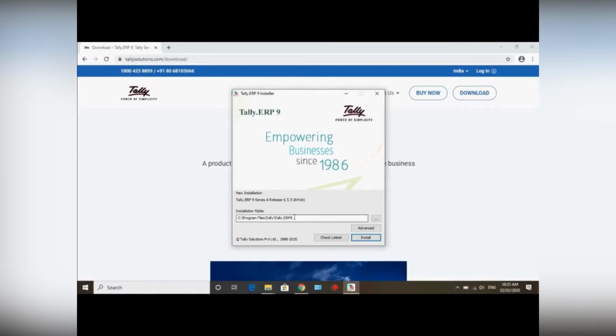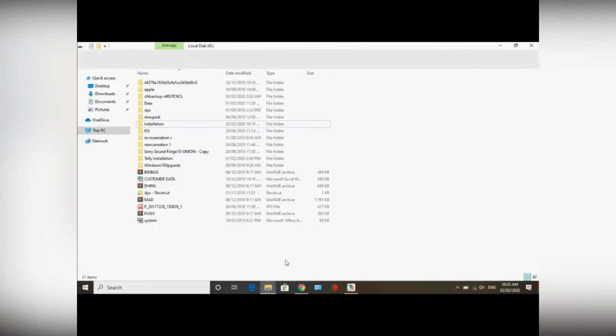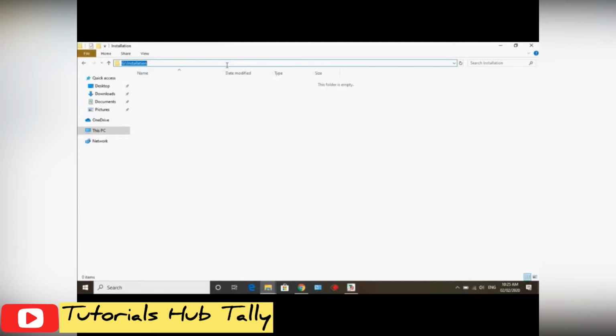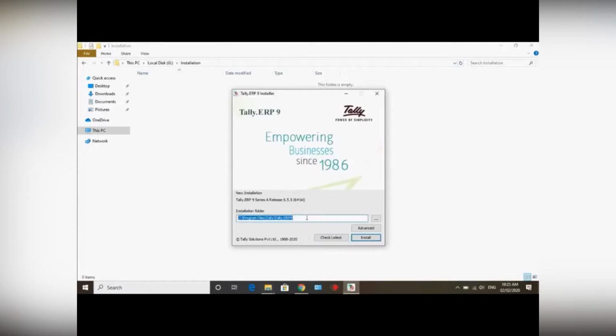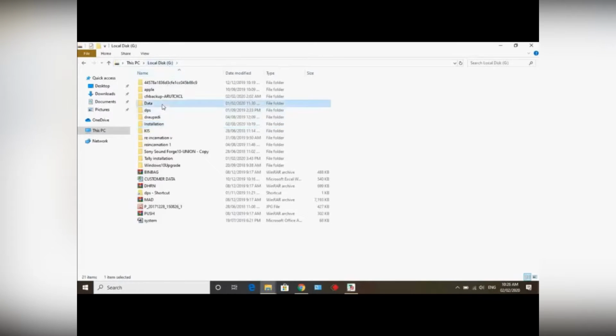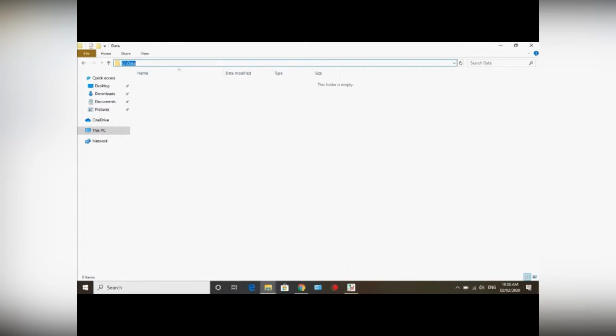Here you see our default installation path is mentioned, which you can change also. Already I have created two folders. One is installation and another is data. I will now paste my created path in the respective field and hit the install option.